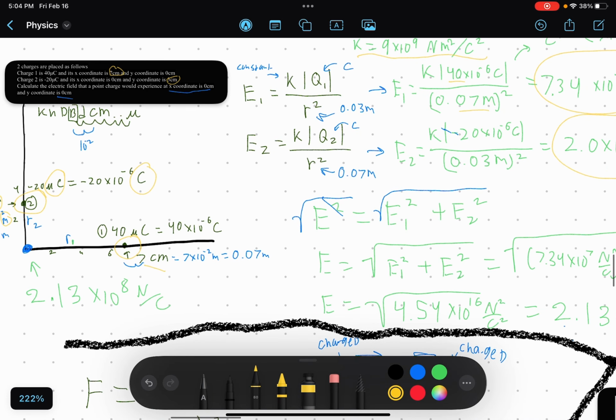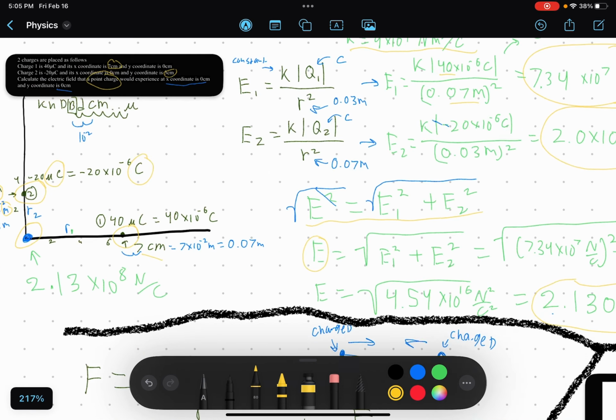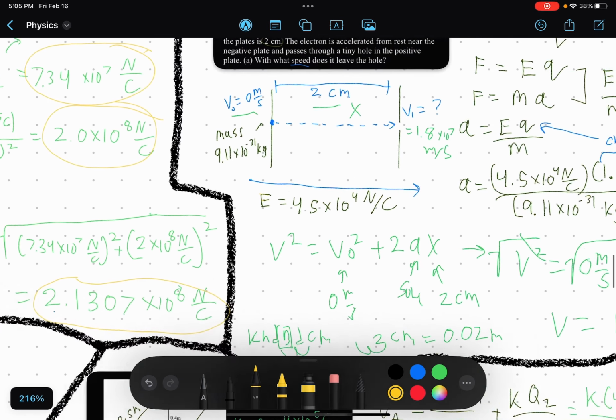And then because you want to find the electric field at a point charge, which is right here, we used this equation to calculate for that field. And then in the end, we got 2.1 times 10 to the 8 newtons over centimeters. Sorry, coulombs. And then after that,